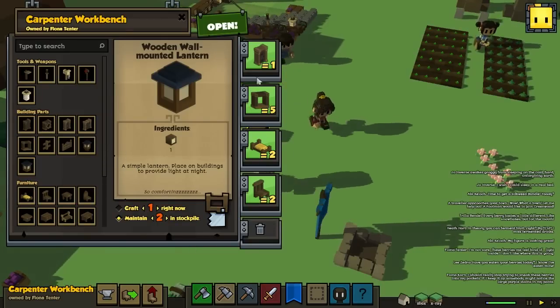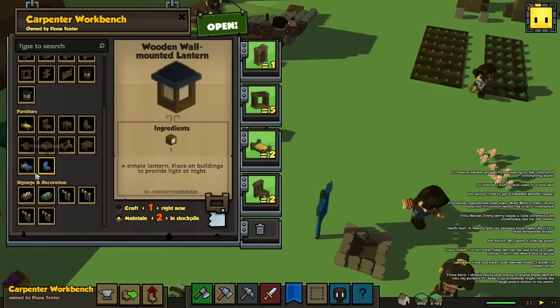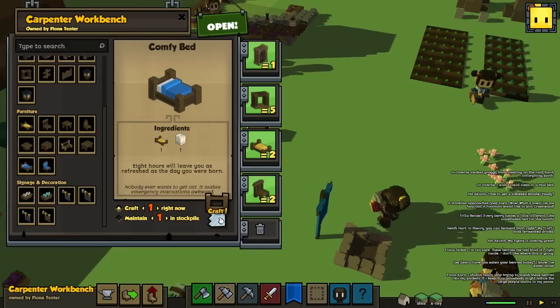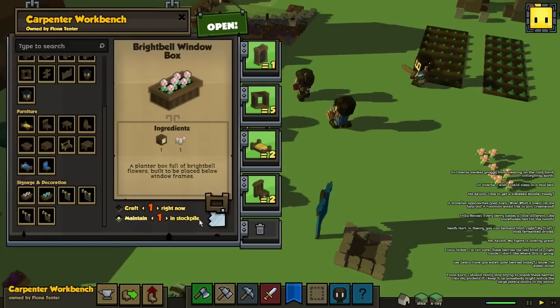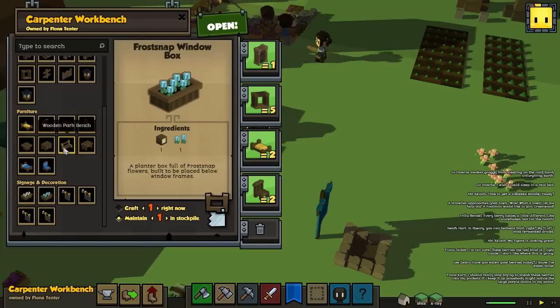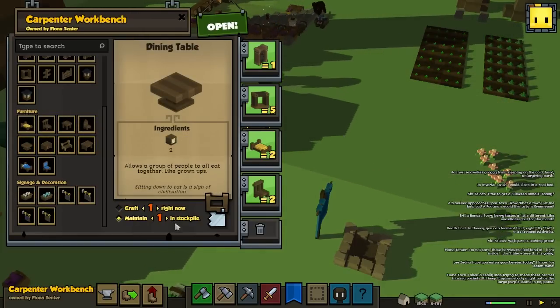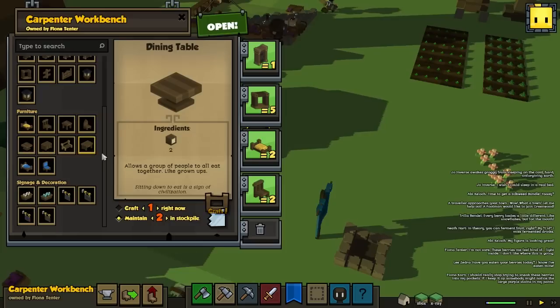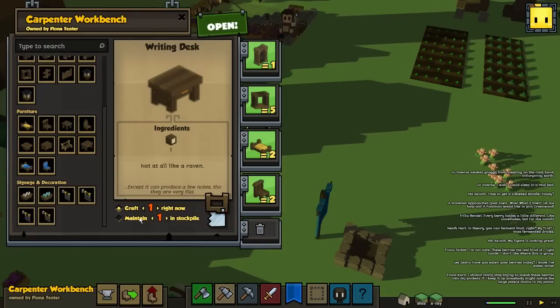And I know if you drag this around too much, that generally crashes the game. And let's make one comfy bed. I guess we can maintain one of each of these flowers. And is there anything else? We maybe want to make some of these dining tables, two of them. Maybe a bench, writing desks,